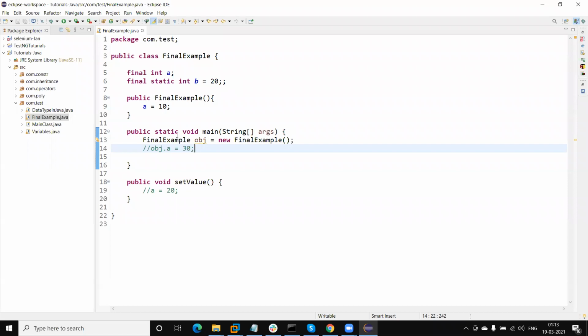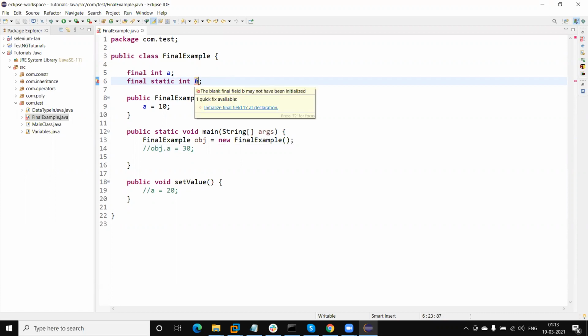And if we are creating a static variable with a blank value, we need to initialize it, because if we do not initialize it, we will get the error: the blank final field b may not have been initialized. Where can we initialize it?